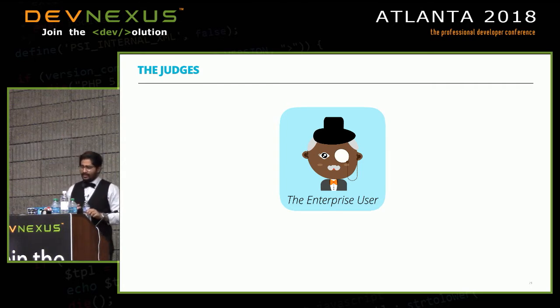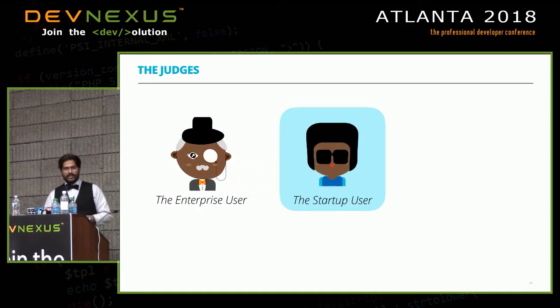The first individual we have is an enterprise user. General characteristics: this person's looking for stability in the product, a lot of support to make sure that everything works well. Time to market is important, but at the scale generally tends to be months to years in terms of getting a product live. And the main thing to focus on is stability of the product and making sure that there is a good amount of support available. The second kind of user is obviously the stark extreme, the startup user that you have.